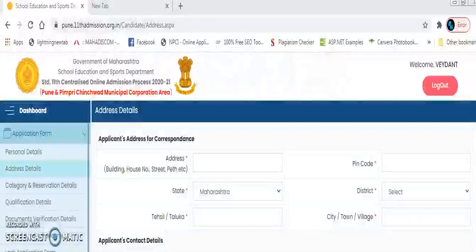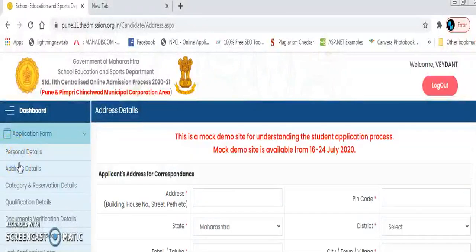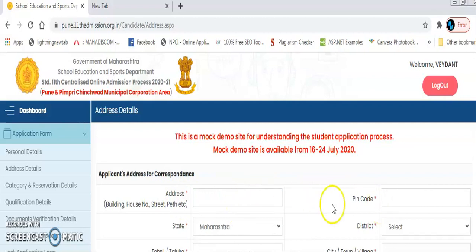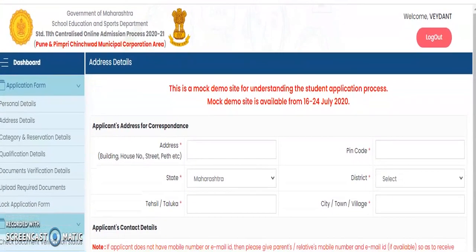So once you save the personal details, you can click on address details. Now once clicking on address details, here you can observe you have to fill the address details and even the contact details. You can add over here whatever the contact address details are. I am not using the contact details right now, and after filling the contact details, you will have two options: 2 different mobile numbers, even the landline and mail ID. The registered mail ID and mobile number will be directly accepted, and the one which is registered while filling the form will be accepted.